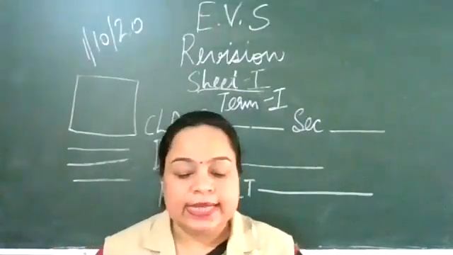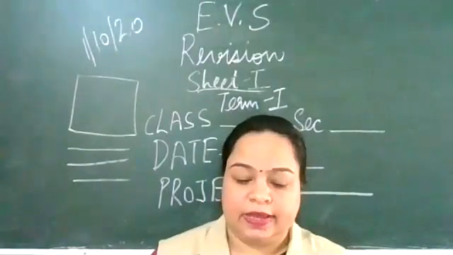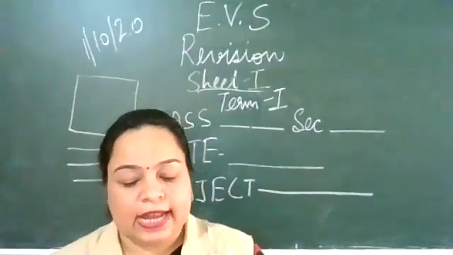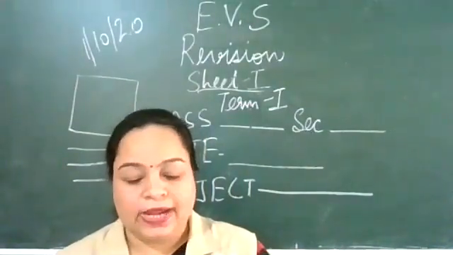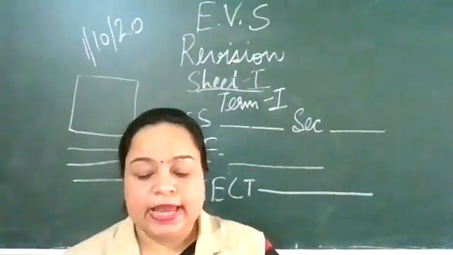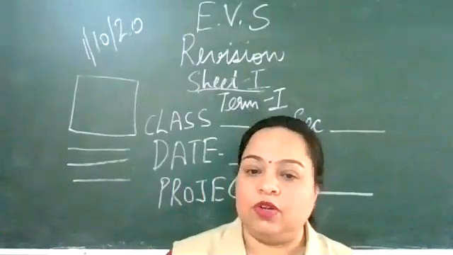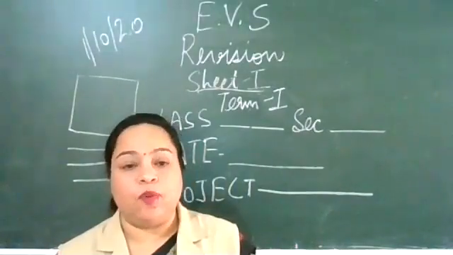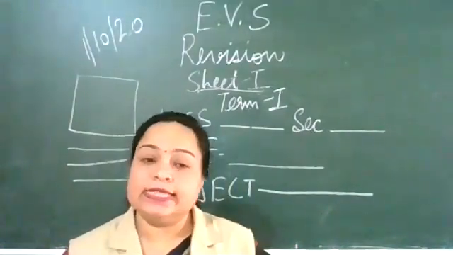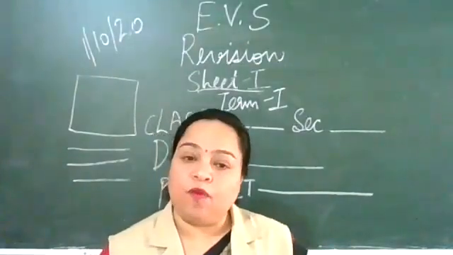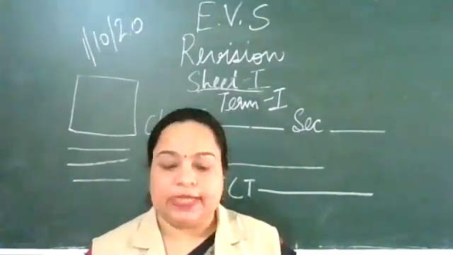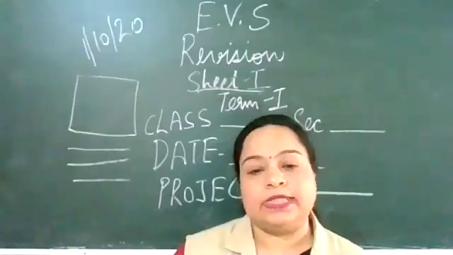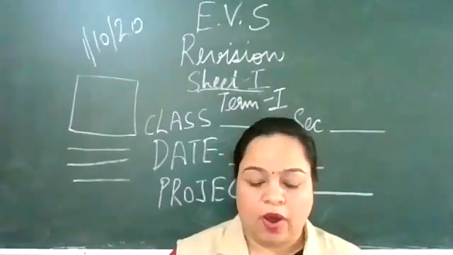B soil horizon. This layer is below horizon A. It contains certain minerals along with humus. It is lighter in color than the A horizon. It is not as fertile as the A horizon. Hence, it is not suitable for plant growth. Then you have to write down horizon C. This consists mainly of weathered rock fragments and is infertile. It shows accumulation of water. And horizon D is the lowest horizon, consisting of unweathered parental rock material. So this is all about the soil profile.